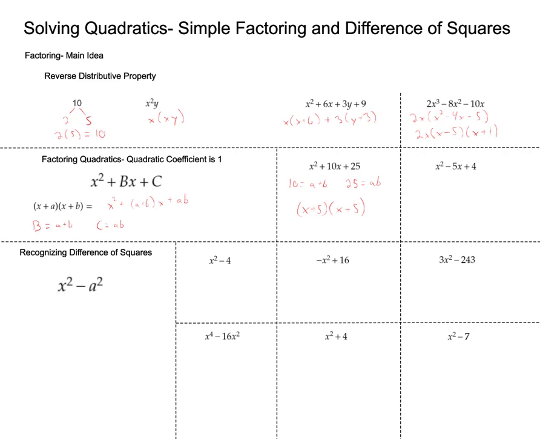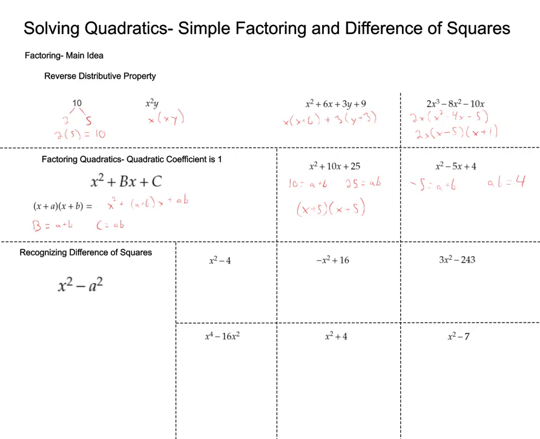So we know that negative 5 should equal a plus b, and then a times b should equal 4. This one may seem a little trickier if you're not used to factoring quadratics, because there's a negative. And we can't have two positive numbers that add up to a negative, so we have to include negative numbers. So, having said that, it might become pretty clear to you very soon that we can factor this if